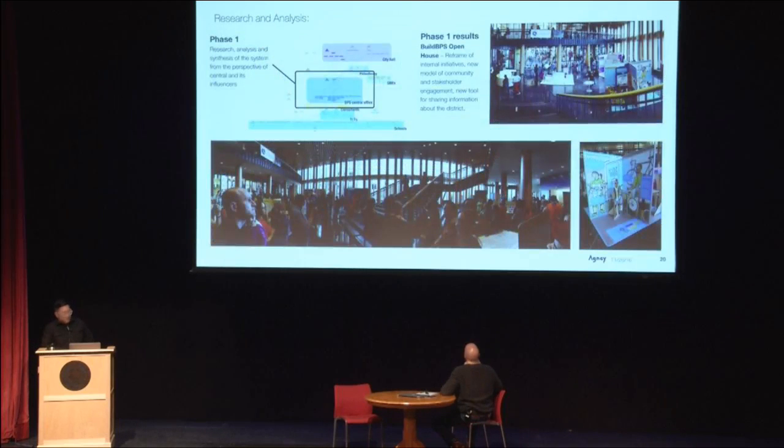And yeah, so the outcome of that first 4 months of work was a tremendous amount of research and analysis and synthesis of the system from the perspective of the ivory tower. So what management sees its job as, what management sees that it's doing. And there were a number of outputs. The most visible one was what you can see photos of here, which was a giant open house that took place in the new headquarters of Boston Public Schools in the Bowling Building. And this was essentially the way in which central office told its story of itself to all of its stakeholders.